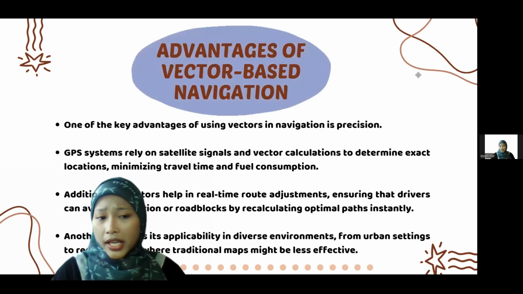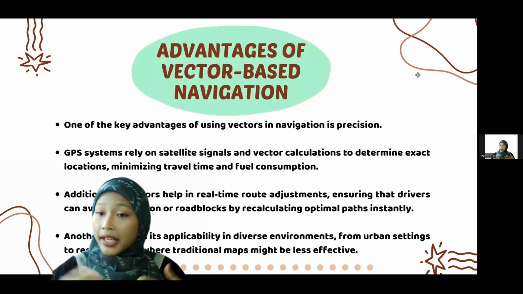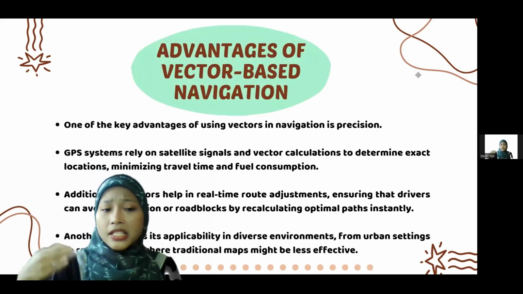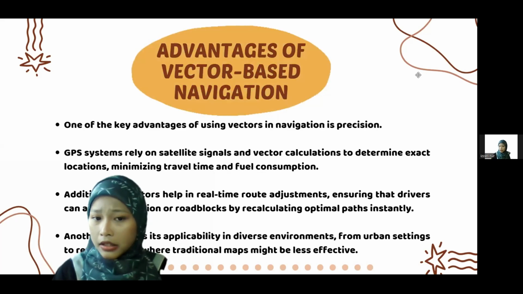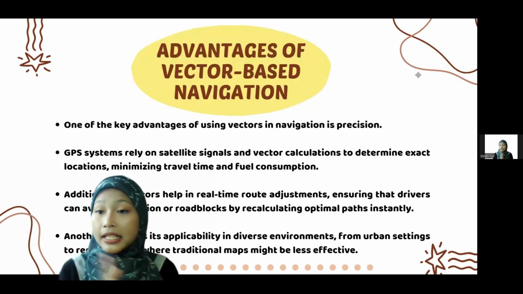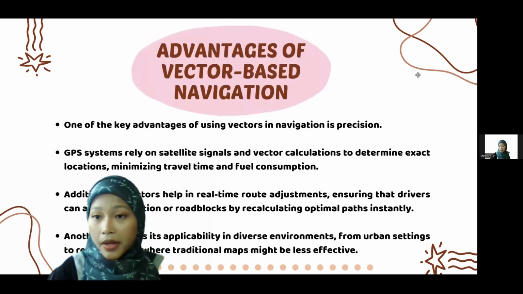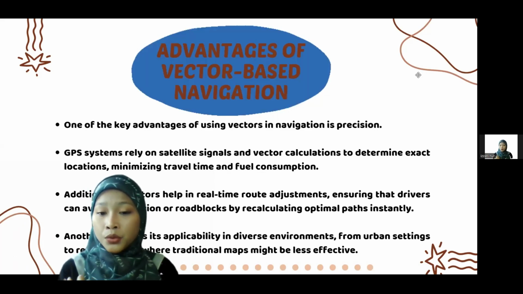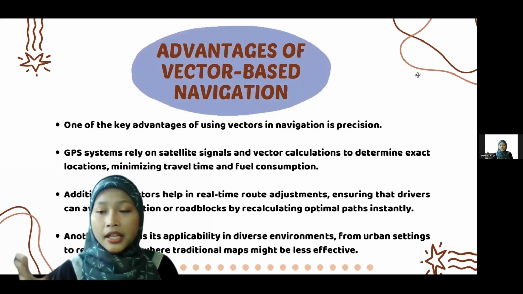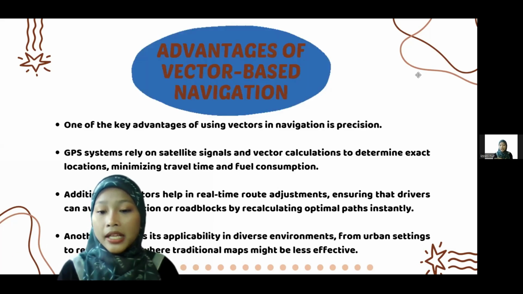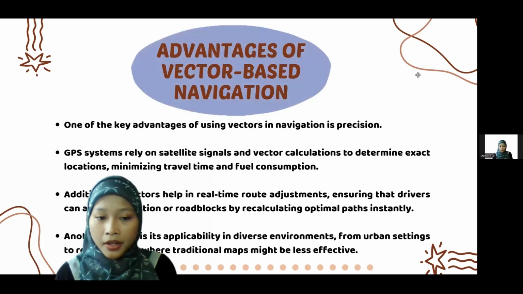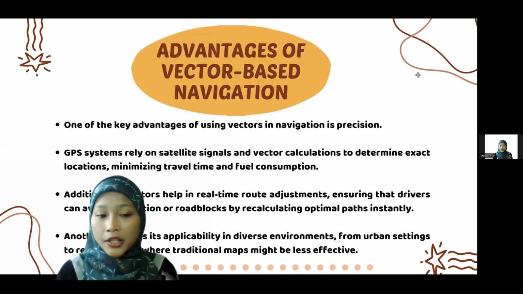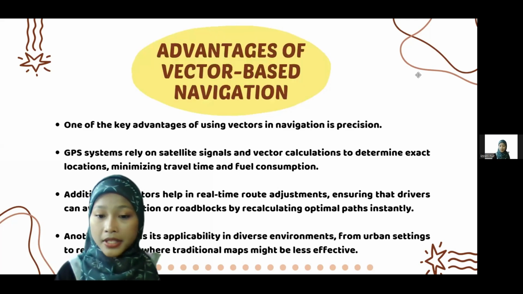So, as we can see, one of the key advantages of using vectors in navigation is precision. A GPS system relies on satellite signals and vector calculation to determine exact locations, minimizing travel time and fuel consumption. Additionally, vectors help in real-time route adjustment, ensuring that drivers can avoid congestion or roadblocks by recalculating the optimal path instantly. Another benefit is its applicability in diverse environments, from urban settings to remote areas where traditional maps might be less